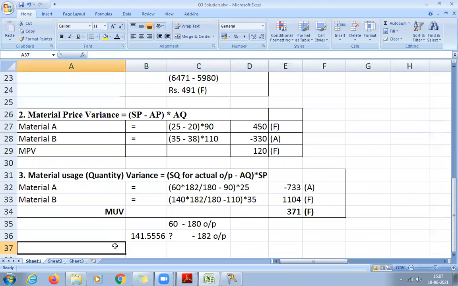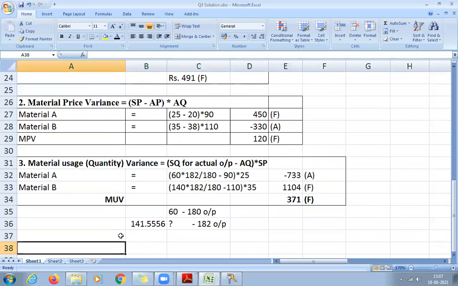That is why we have to do this cross multiplication. We are doing all this because we know the output. The moment the output is not given in the question, no need to worry. You can directly take only the standard quantity. That is what Rima was asking: why we didn't do this for question number 1. Clear?